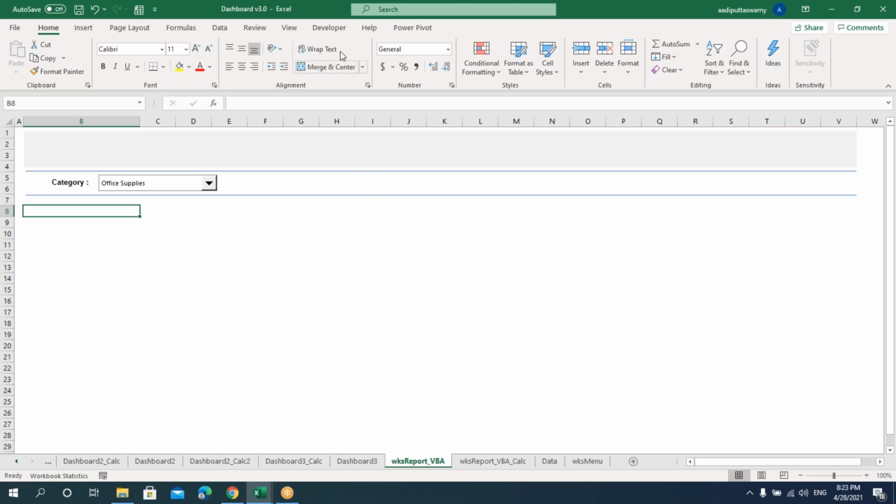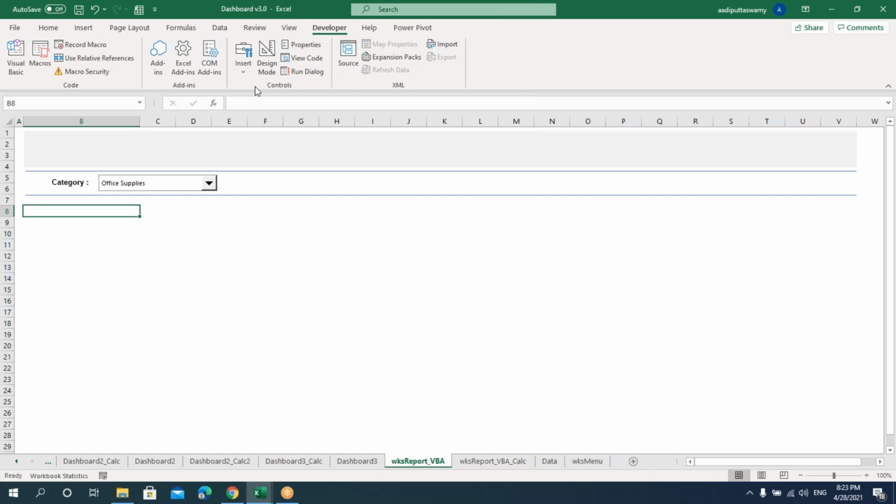So what we'll do is go to this developer, I'll insert one option button and name it as sales, and I'll take this one as profit. So when I want the sales value, the sales table should get updated. When I say profit, I should get the profit table. So we'll write the code for this.